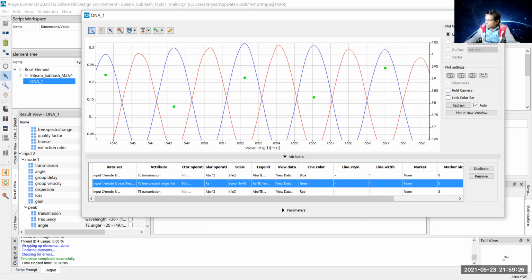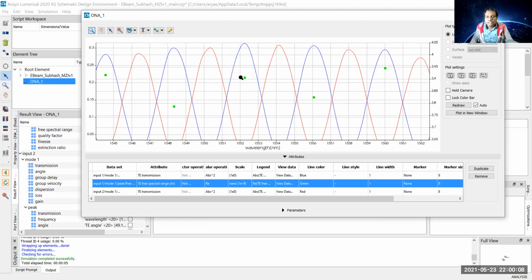I just calculate in the calculator: 1550 e to the power minus 9 squared, divided by 4.25, that is the Ng, the group index of the waveguide, multiplied by delta L, that is 148.62 micrometer e to the power minus 6. So it is coming 3.82 nanometer.